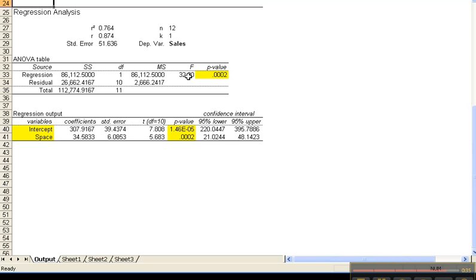And the model would be that sales is equal to 307.9196 plus 34.5833 times the space allotted. And in the scatter plot,